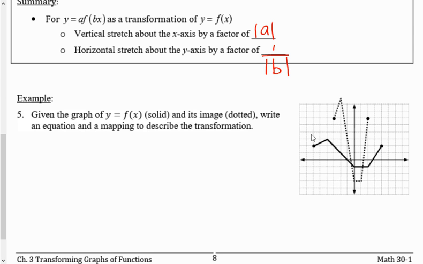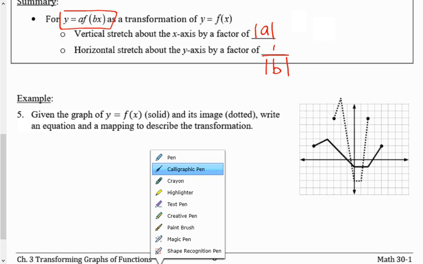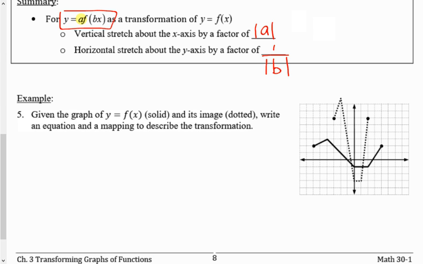So what we observed yesterday was that if I have an equation in this form, where I have something that's multiplied out in front of my function, so some number that's multiplied out there,